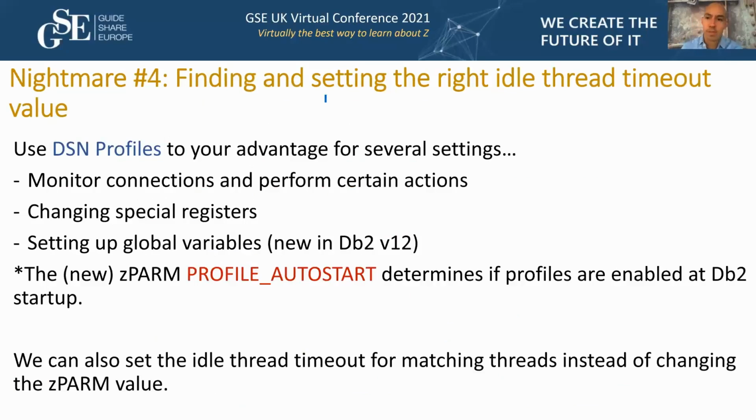Now the next one, and I wrote an IDUG article about this one very, very recently. Finding the right values for your ZPARMs is quite a headache, especially with applications coming from other places. One of these cases is the idle thread amount. That's also the case. But in my application, in the old environment, because there was only one, all applications were infinite. Why should that change?